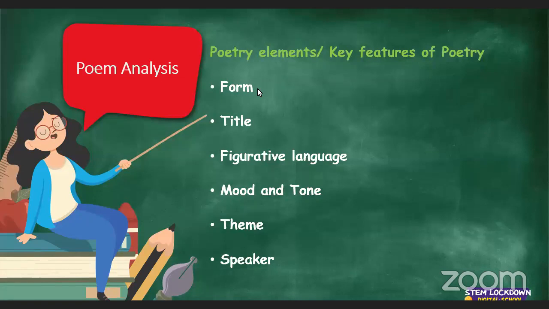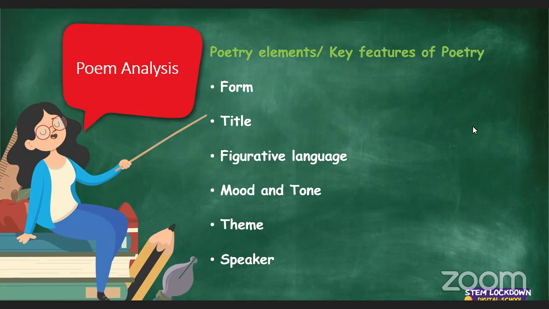And then from there on, you look at the mood and tone. So you can't just jump to the mood and tone before you have looked at these three. As we said, the mood is about how you feel as the reader while you're reading the poem, and the tone is about the writer. You are able to identify the tone through the use of words, punctuation, and the figurative language that the writer has used. And then from there on, you can say this is the tone, okay? And then you're able to move on to the theme and finally the speaker, okay?